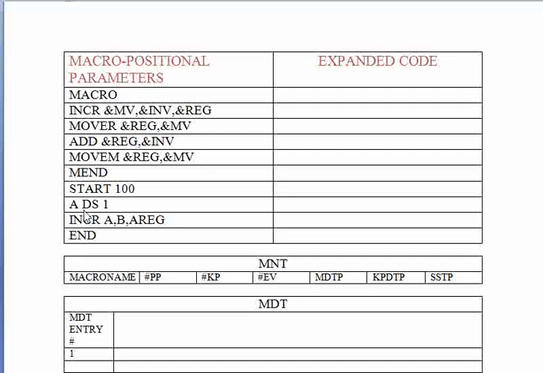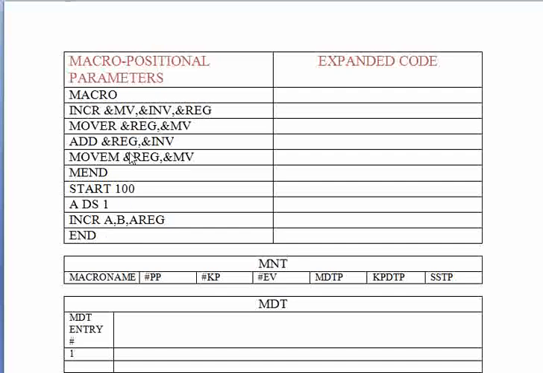The next line happens to be a declarative statement using ds. And then we have this macro call. The macro call is written by the name of the macro, and we need to pass the actual parameter values which will substitute the formal parameters that are present in our macro. There are three formal parameters, and three actual values present here, each substituting each formal parameter that appears in incr.